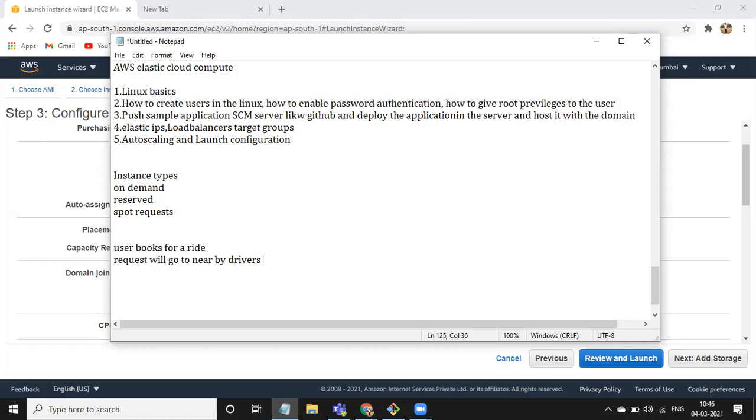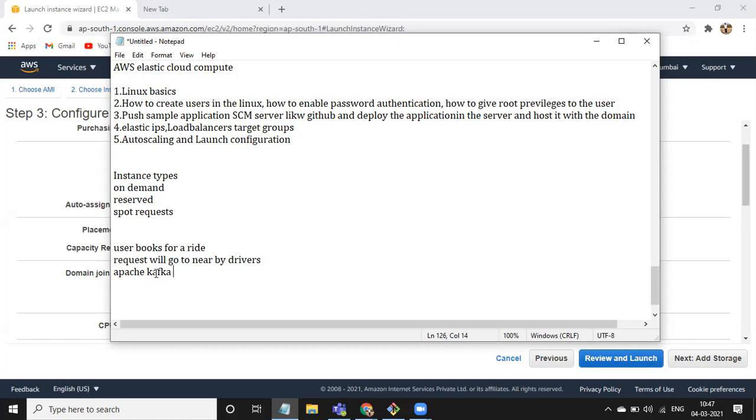For example, there are 100 drivers in your area, and there are 2000 ride bookings made by users. So how will Ola drivers receive those requests? There they are going to use Zookeeper as a cluster. Inside that they are going to use Apache Kafka. Apache Kafka is a message streaming platform which can handle millions of requests per second.